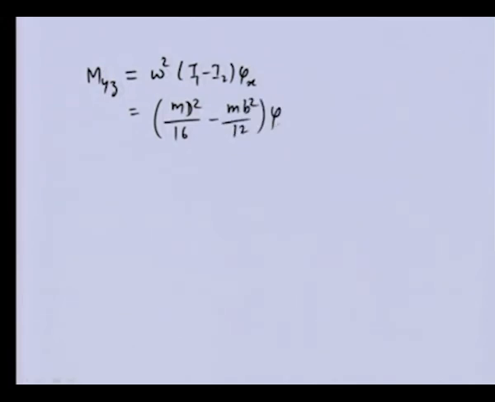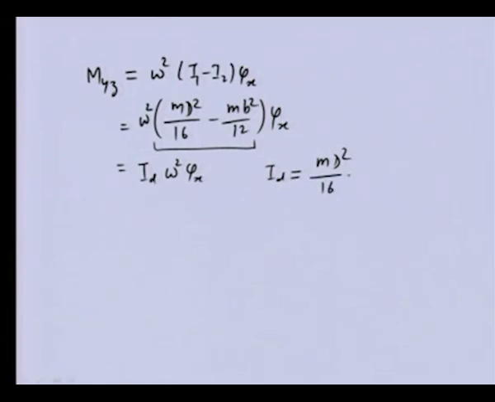So, I have simplified the expression after substituting I1 and I2. We can write this term within the bracket as Id omega square phi x. So, Id, the equivalent Id for the long stick, is this much,